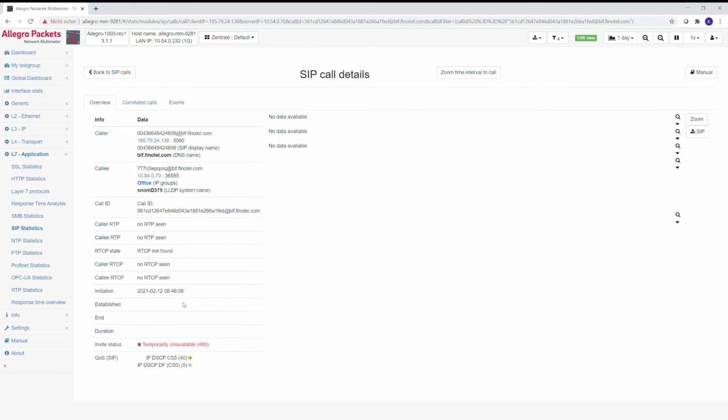I only can show you call details, which is new, where you can see with the release 3.1 a lot of new data, so the RTP connections, RTCP states and everything, and of course quality of service and a lot of graphs per call. So this is new, that you can see all the data per call over a long period. I'm sorry that I can't show you this on our demo box right now, but it's based on the current home working strategy that there are no accepted calls in our office.